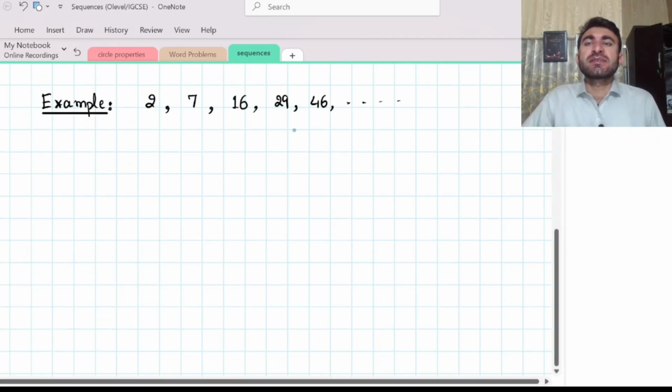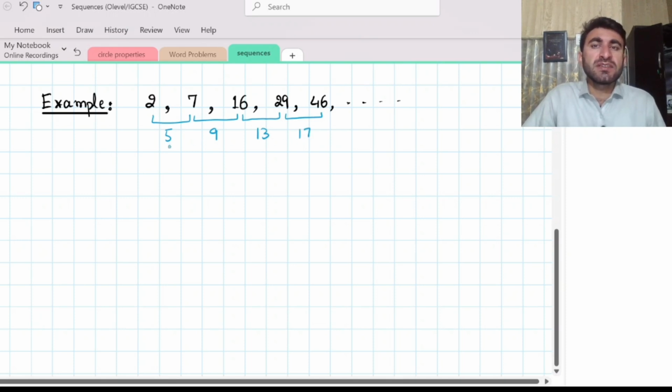Here I have taken an example of a sequence. Its terms are 2, 7, 16, 29, 46. First, let us verify that it is a quadratic sequence, and then we will find the nth term formula for this sequence using the method we discussed right now. So let us take the difference sequence: 7 minus 2, it is 5. Then 16 minus 7, it is 9. Then the difference of the next pair of terms, 29 and 16, it is 13. The difference of the next pair, it is